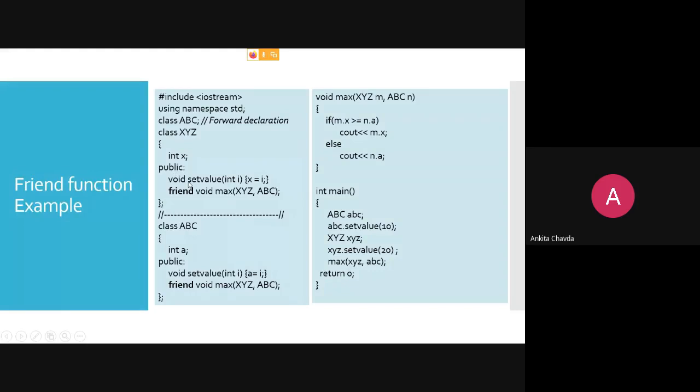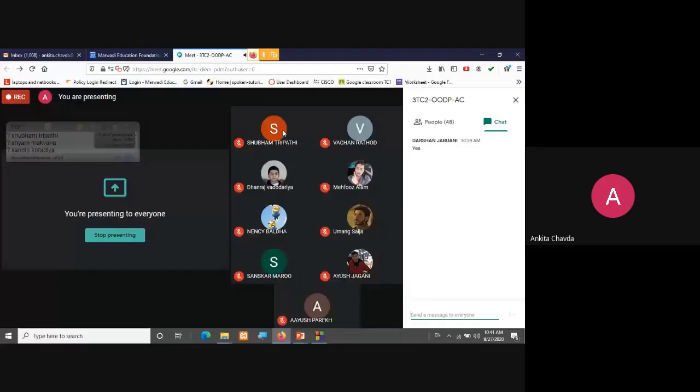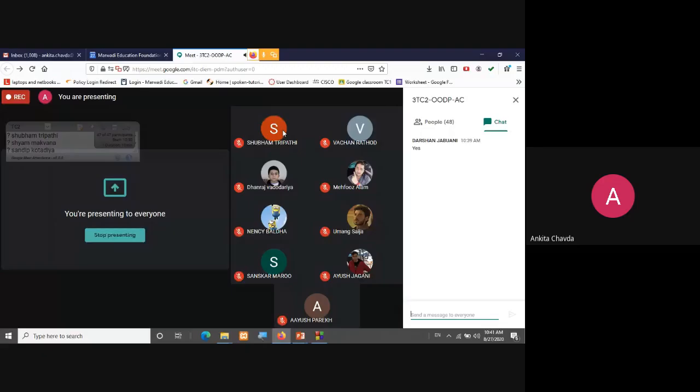Okay, and this forward declaration is required. Why? Because... anyone, why is the forward declaration required? Anyone answer? No one? This is what we've already seen in our previous session. This is not a new thing that I'm teaching.